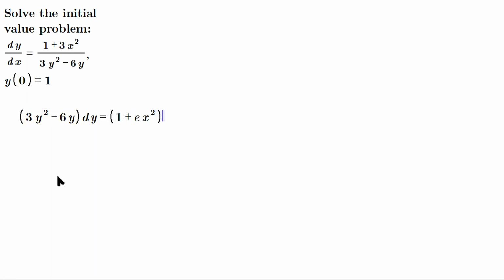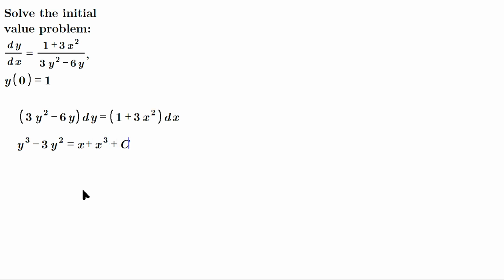dx. All right, I meant to put here a 3, not an e, so fix that. Now I need to integrate both sides, so it's going to be y cubed minus, and that one's going to be y squared over 2, negative 6 divided by 2 is 3, so it's going to be 3y squared. You can check it because the derivative of this would be negative 6y. And then on the right side, I will have x, and then plus x cubed